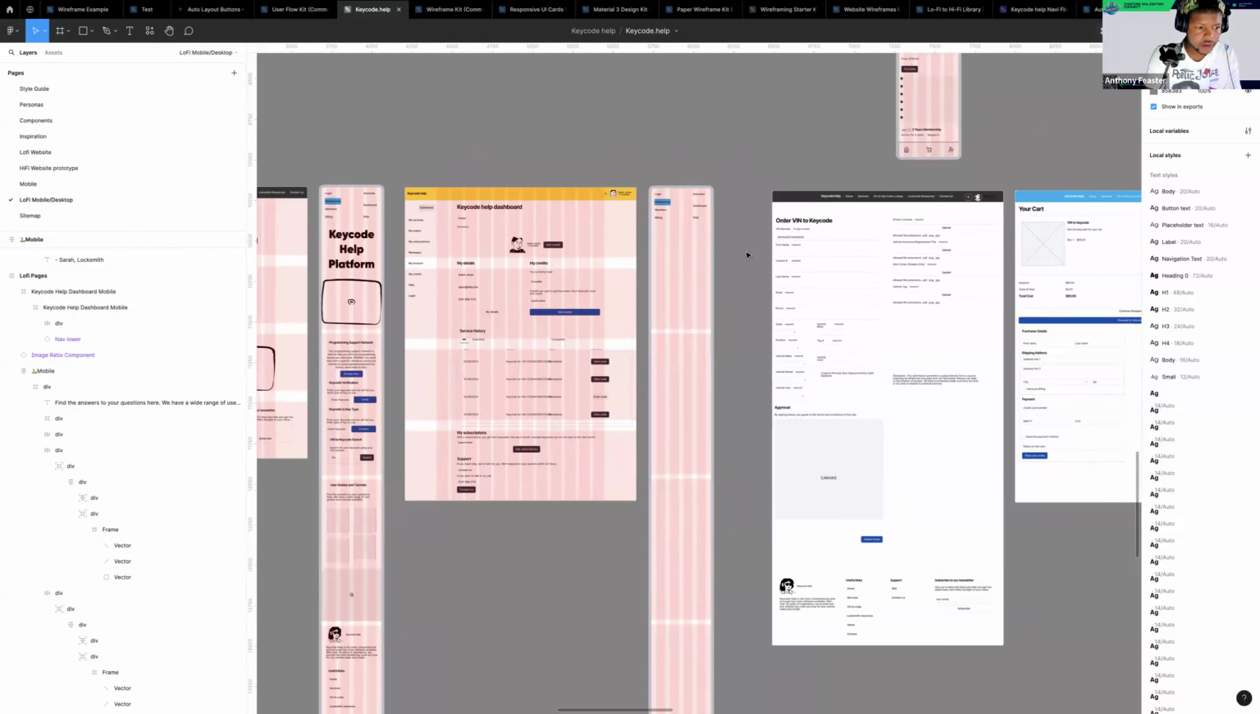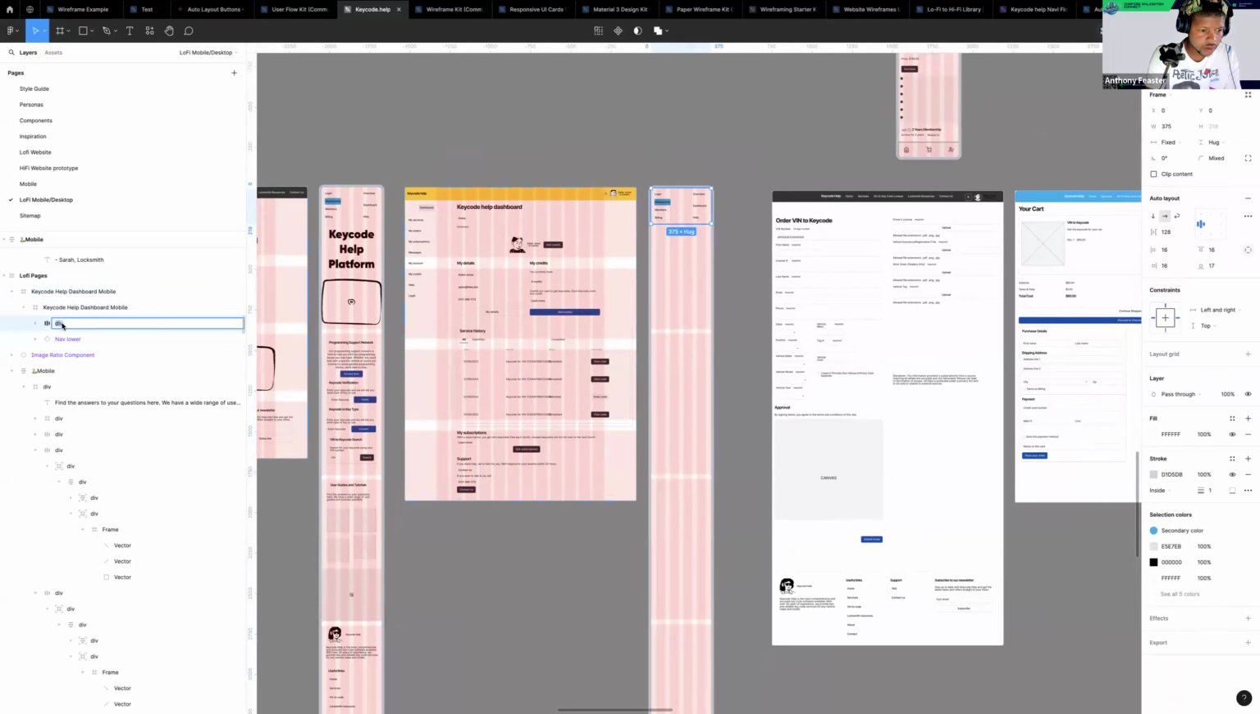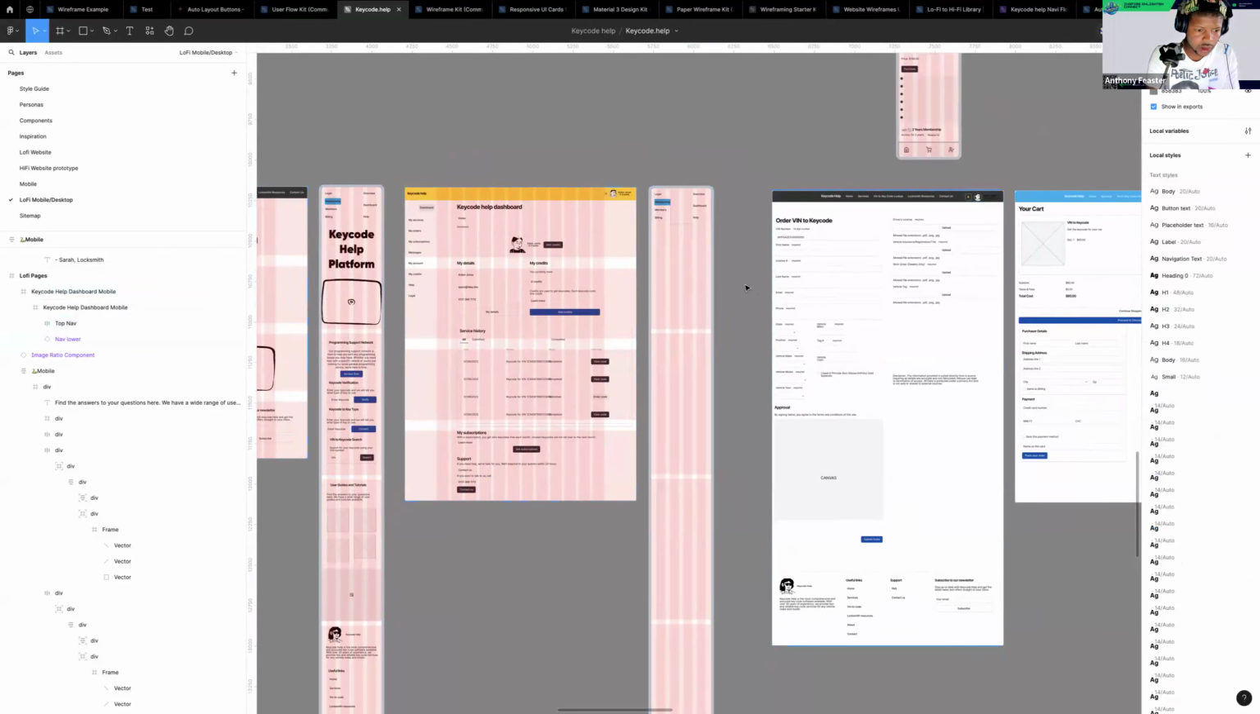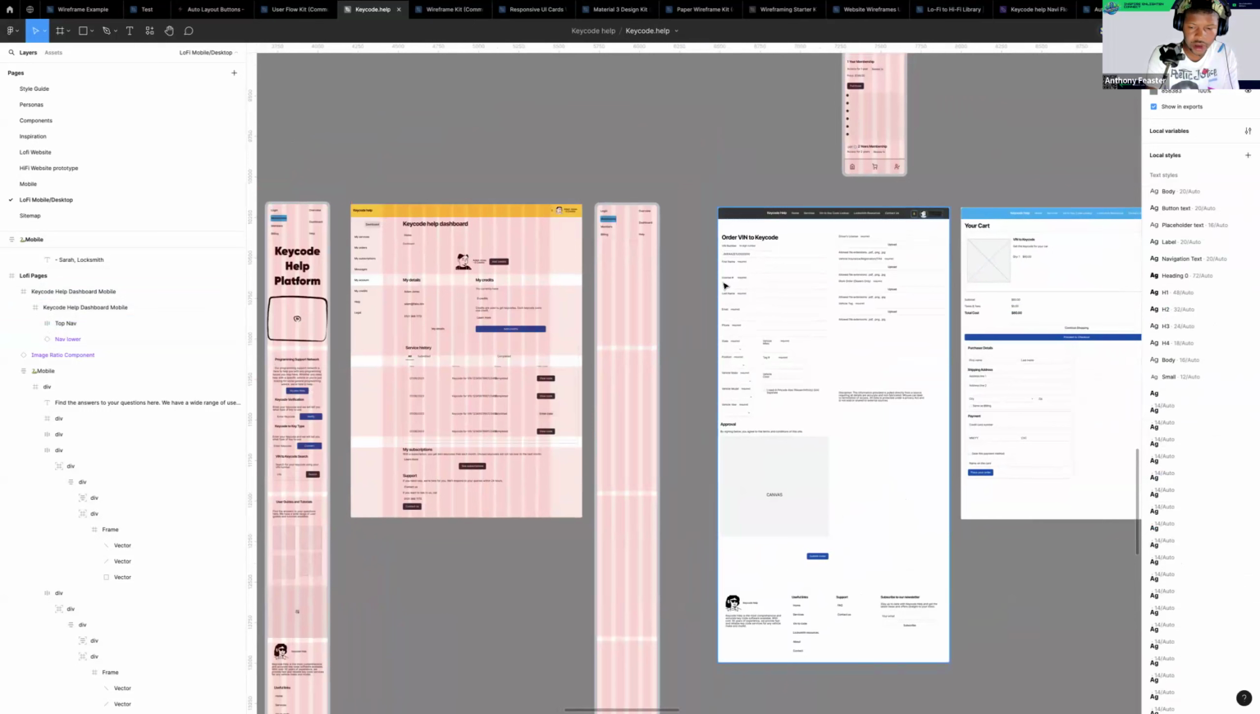So now we got that in place. We got the top nav, which is that. And then we got the nav lower in place. Both of those are in place, right? All right, so with that,